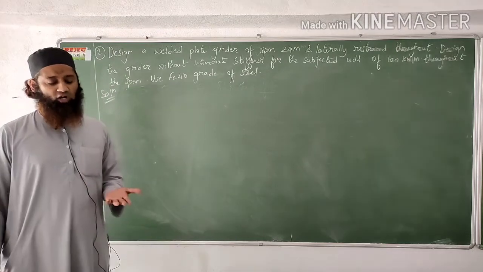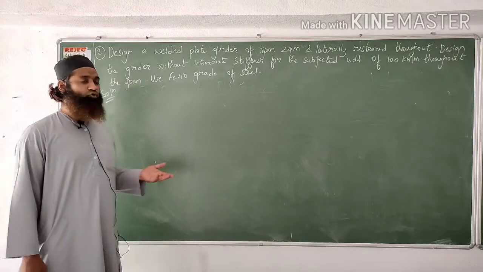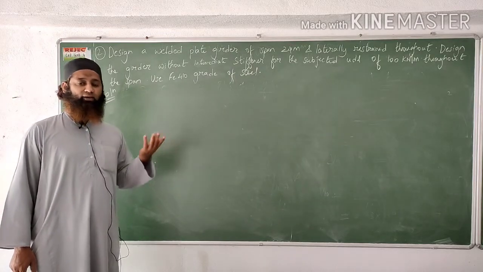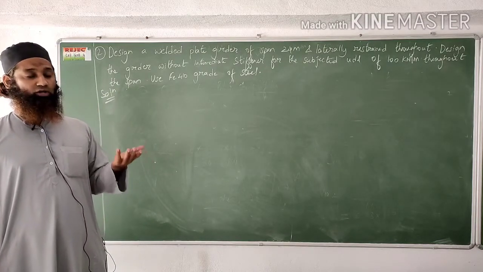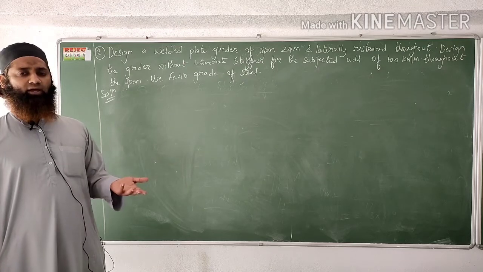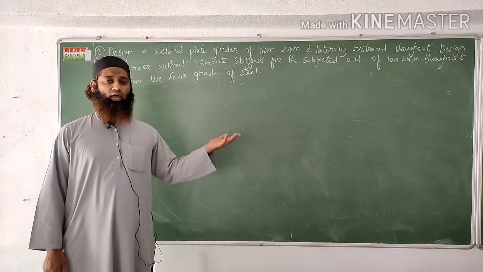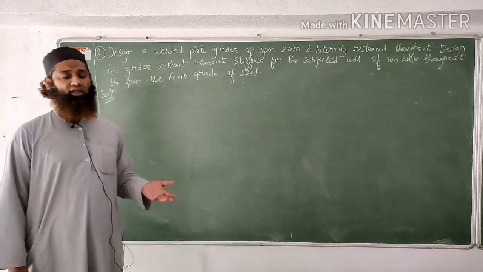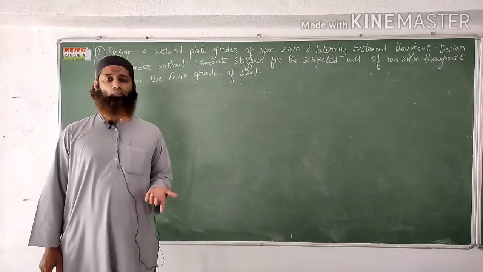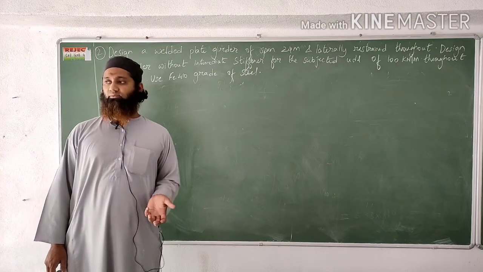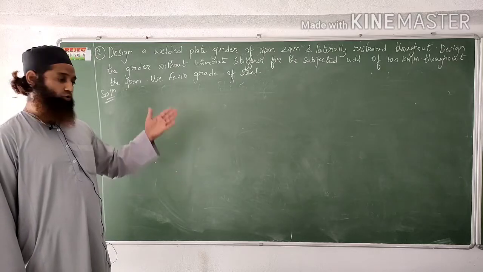Now in step 2 we see the maximum bending moment. As I had told you, for UDL on a simply supported beam, when uniformly distributed load is coming, the maximum bending moment is WL square by 8. W is the total load we calculated from step 1, and L is the span length. We got some value, that is Mu. Next we calculate the maximum shear force, that is WL by 2, where W is the total load and L is the span, and we get the Vu value also. Now step 2 is over.